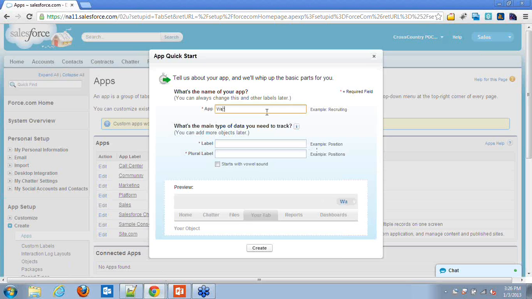So I'll name this as warehouse, and let's see what's going to happen for this.